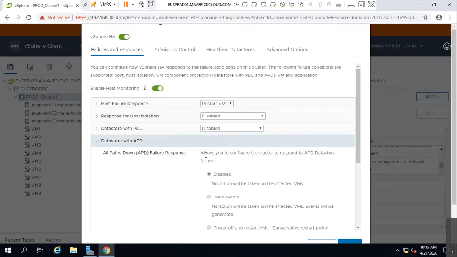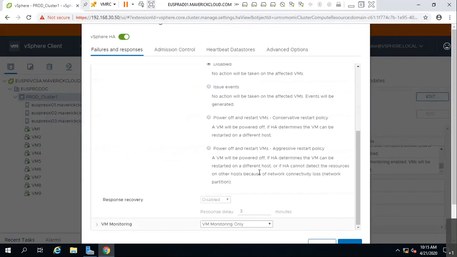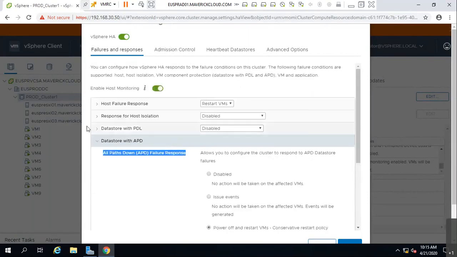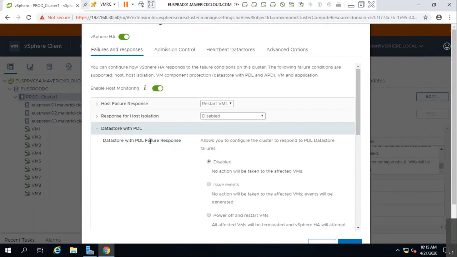Okay, and datastore with APD. What is this APD? All paths down, failure response. If all paths are down, what action should HA perform? And if a datastore has PDL, what is this?